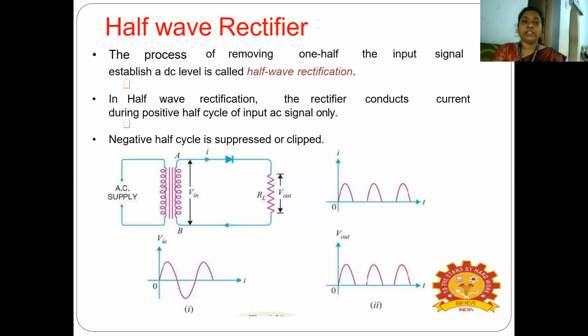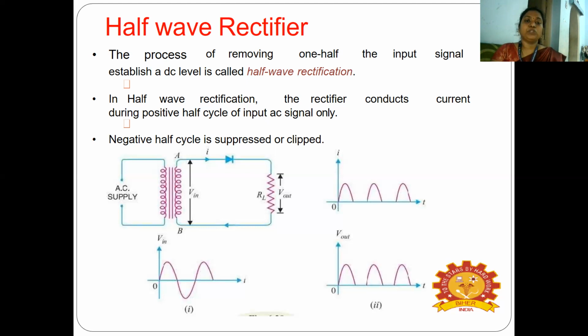You can see the diode there, the blue colored diode. You know that a diode has two terminals. One is called the anode, and the other is called the cathode. On the cathode, as I already showed you, there is a silver ring, a line there. That is the cathode, which is negative. The other is the anode. So we use only one diode in the half wave rectifier.